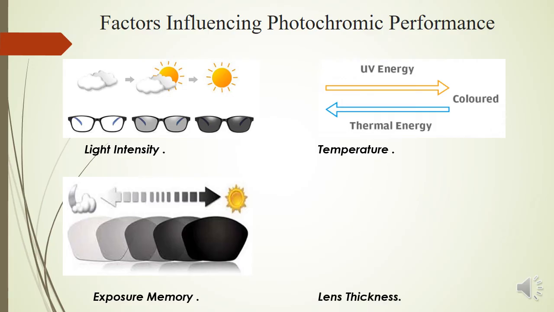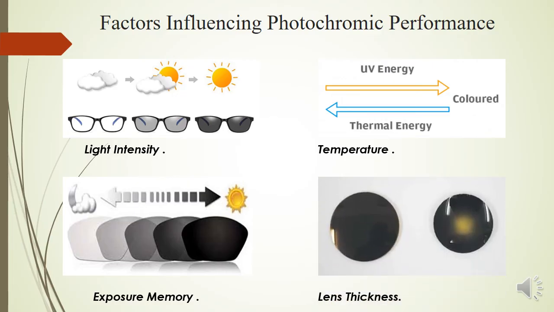The last is your lens thickness, which is a very important factor in your plastic lenses, because as we said, it is about the coating, or rather what we call the surface technology. So we are comparing here two lenses. There is one lens which is uniformly thick all over the lens surface, and the other one which has more thickness at the center and lesser thickness at the periphery. Because it is a surface technology, the periphery is getting more imbibition as compared to the center. So the center is getting less darkened, whereas the periphery is getting darker.